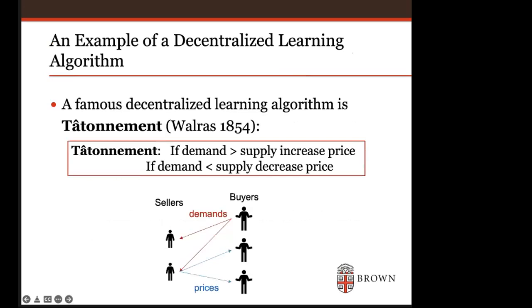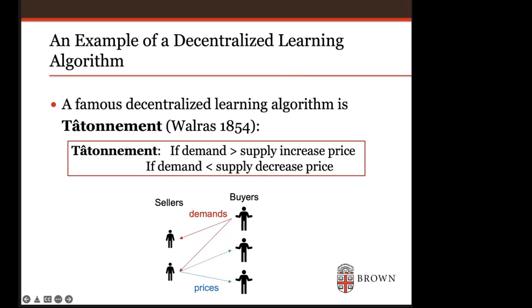So maybe this might be too abstract, so let's talk of an example. An example of a decentralized learning algorithm, which is actually what I'm going to focus on today. I'm going to focus mostly on decentralized learning algorithms. This is an algorithm that was proposed by Léon Walras in 1854 called tâtonnement. Tâtonnement means in French trial and error, and it's basically a simple auction-like algorithm which says